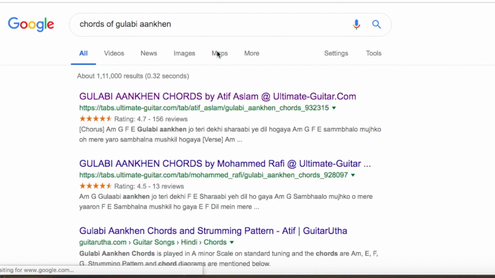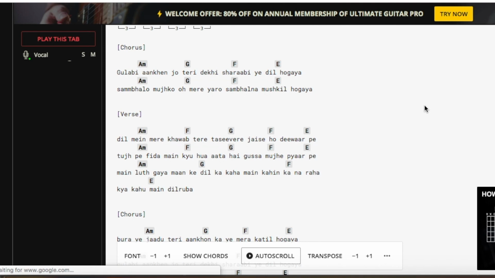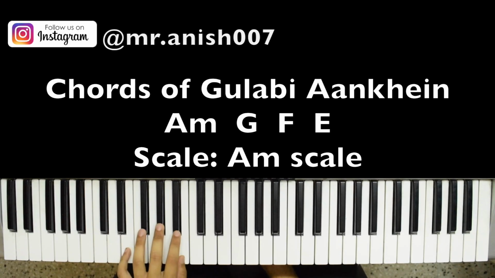For example, a very famous song, Gulabi Aankhein, you must have heard of this song. So it has a very simple chord progression. The chord progression is A minor, then G major, then F major, then E major. So the song is like